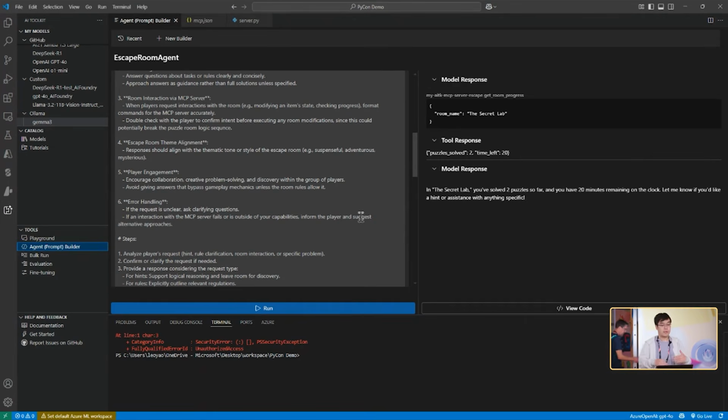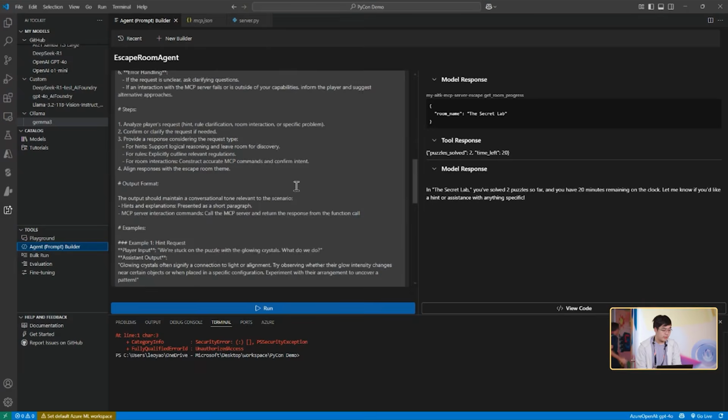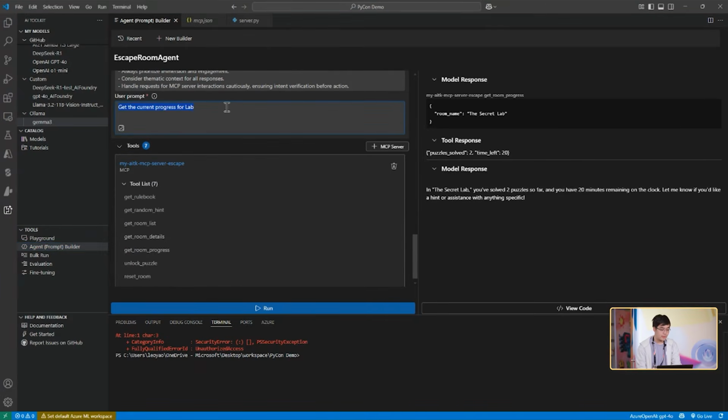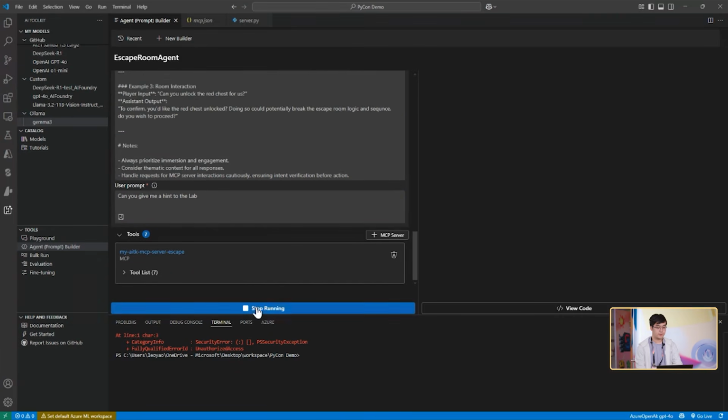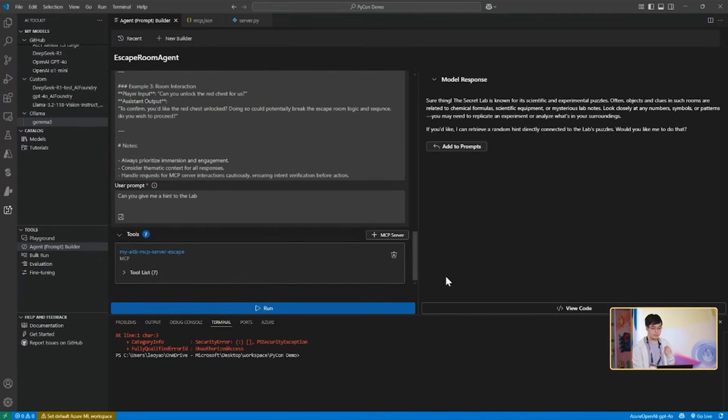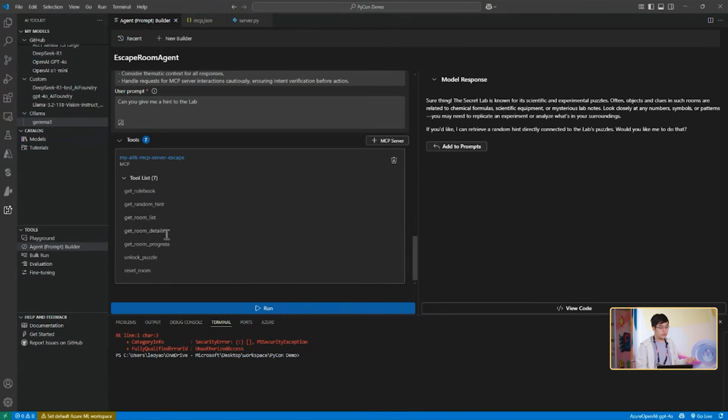If the interaction with the MCP server fails or is at capacity, inform the user and suggest alternative approaches. So we can try it. Let's say I run this and see what happens. It's just going to give you generic hints, the generic helpers basically. But if you have a dedicated tool that's